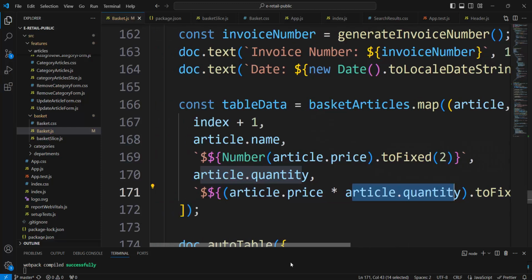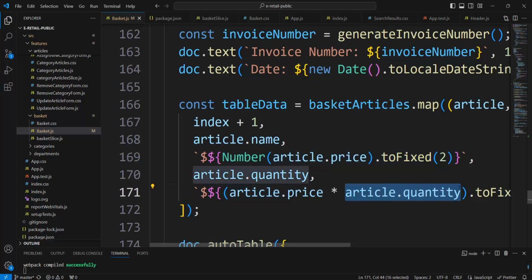It is total. This is total. If we declare Number for article price, why don't we